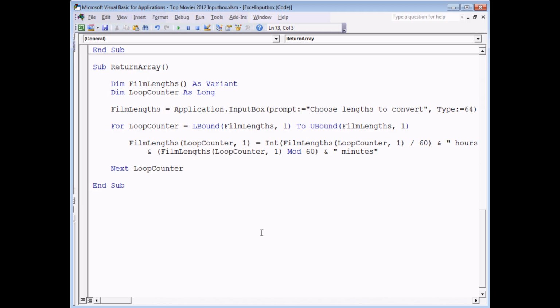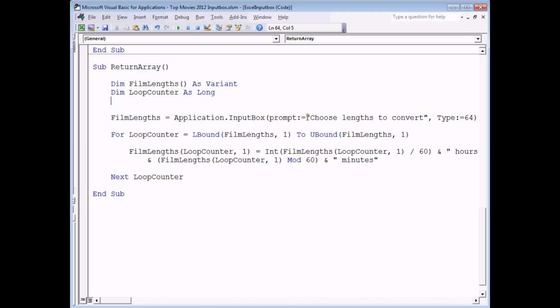To determine where the results will go, we'll ask the user to choose a cell. So just like we did earlier on, we're going to use a variable. I'm going to call this one result range as a range. And then after we've finished looping over our array, we're going to ask the user to set the result range by using an input box. So set result range equals